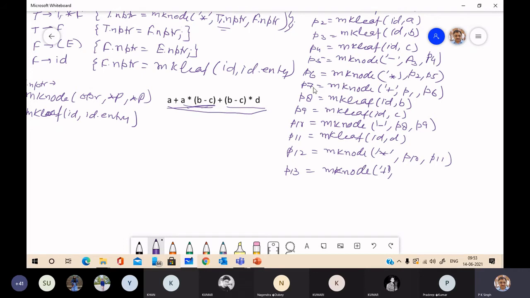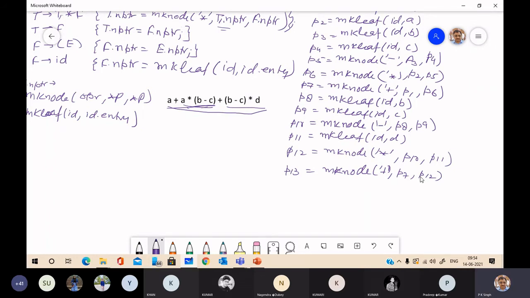First argument is P7 and second argument is P12. So this sequence of calls will be generated.